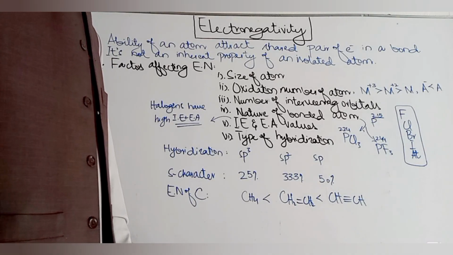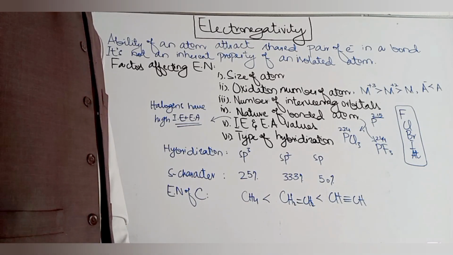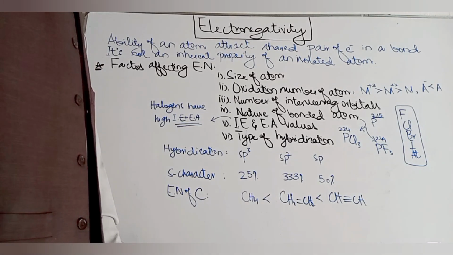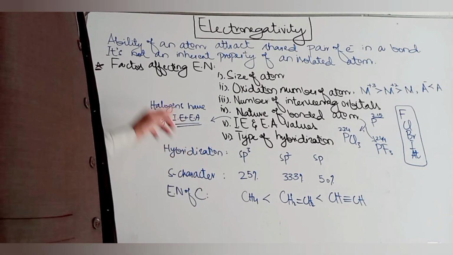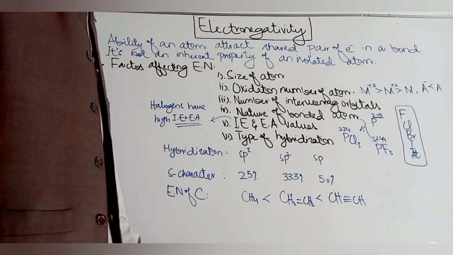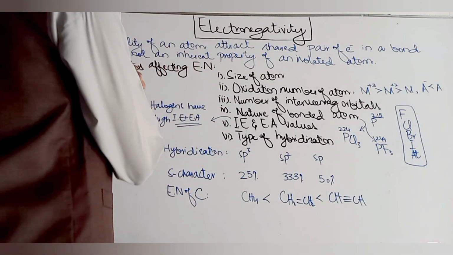In today's lecture we are going to talk about electronegativity and the factors affecting electronegativity. Basically, electronegativity is the tendency or the ability of an atom to attract the shared pair of electrons that is present in a bond. If we take the example of HCl,